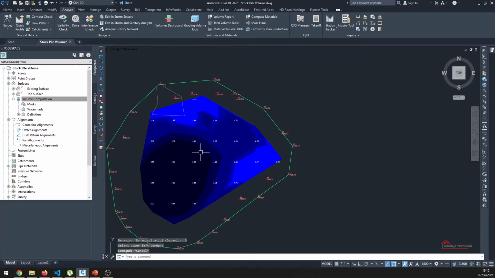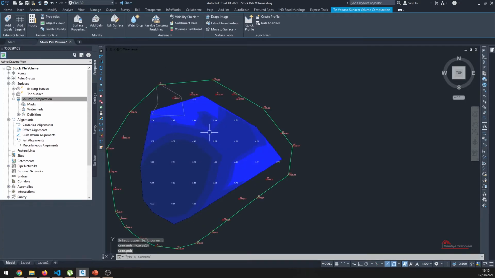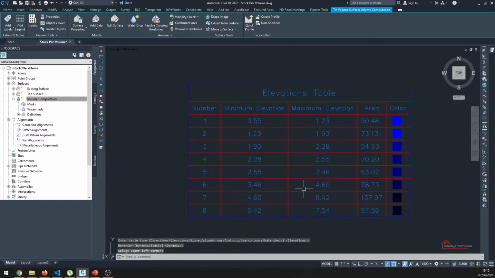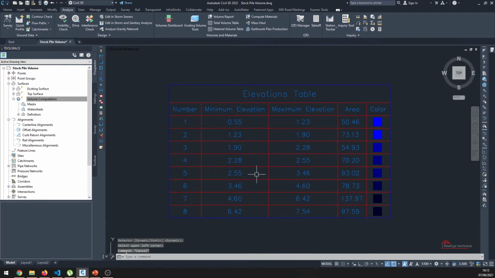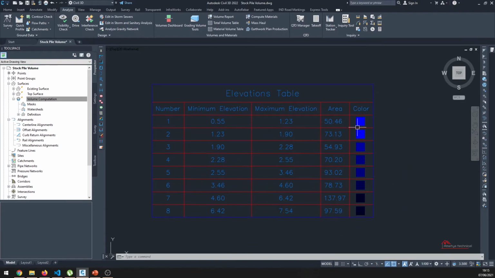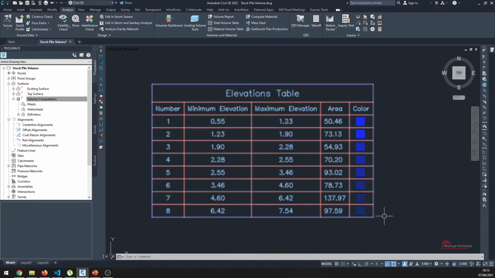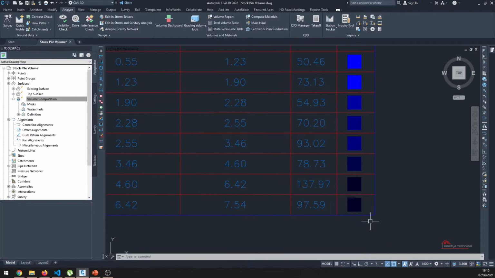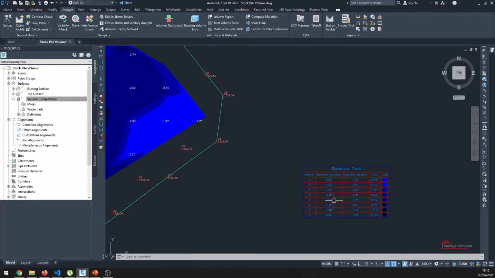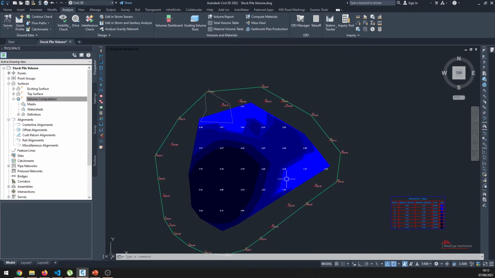I'm going to repeat this process again. Here something is wrong, so again I'm going to select this volume computation and click Add Legend. Here it is asking me elevation. I'm using dynamic, and when I click here you can see the elevation table has pulled out all the information regarding this stockpile. The lighter color indicates the minimum elevation, and as you go downward, the darker color represents the maximum elevation. In this way we can create an elevation banding for this stockpile.